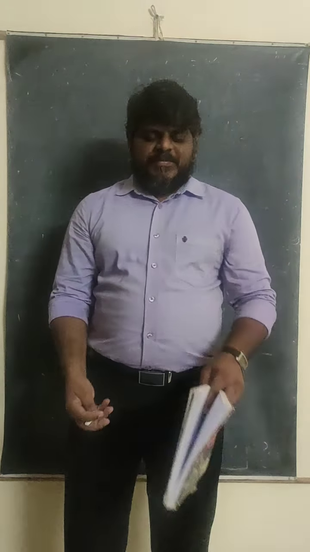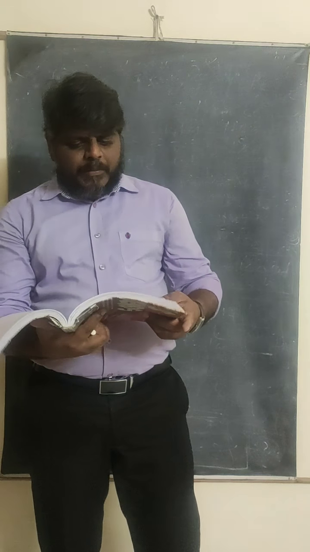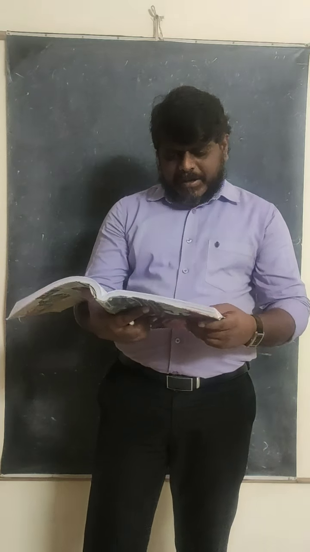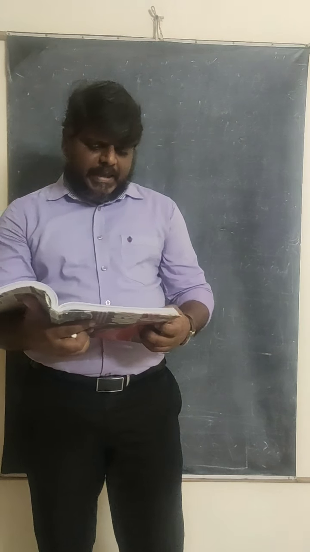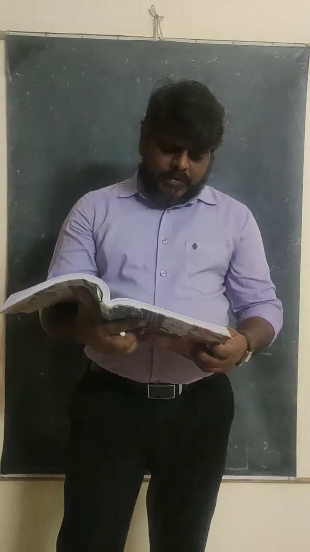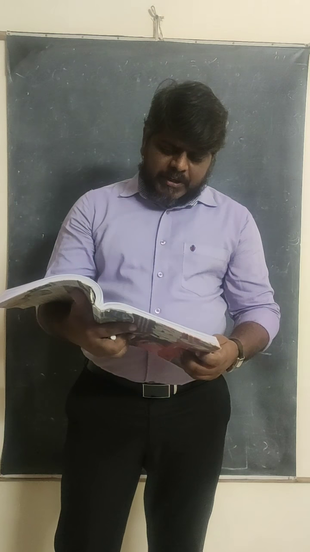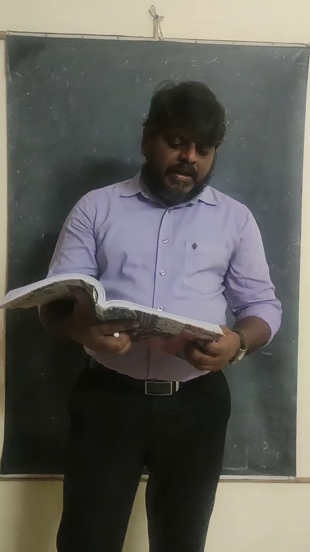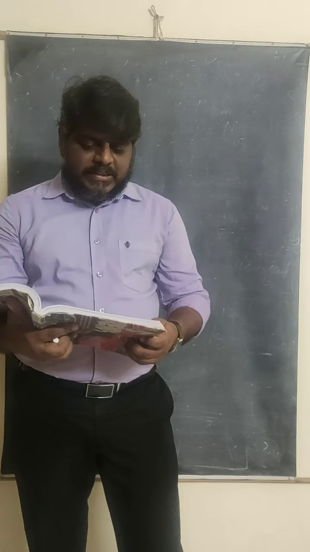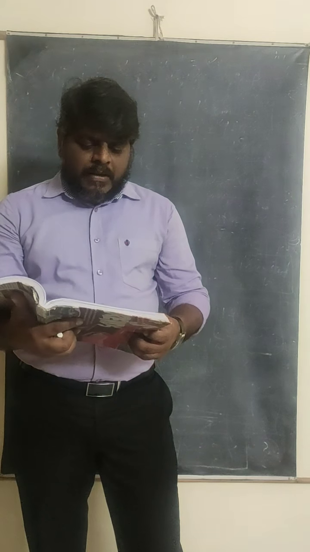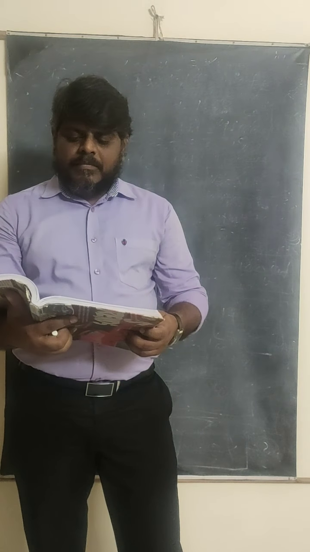Hello, welcome back students. I hope all of you read the problem. The problem is very important, you can take the star mark. The problem says that for a compound microscope, the focal lengths of the eyepiece and the objective lens are given. The focal length of the objective lens is 2 centimeters and of the eyepiece is 6.25 centimeters. The distance between the lenses is also given as 15 centimeters. So how far should the object be placed?